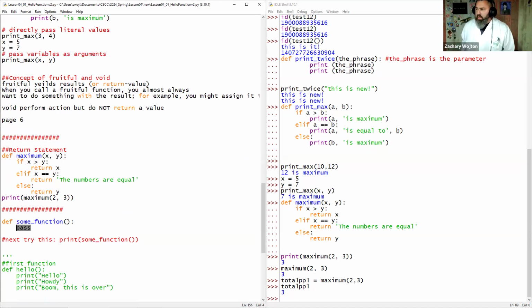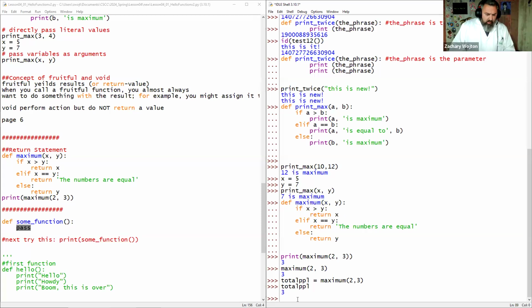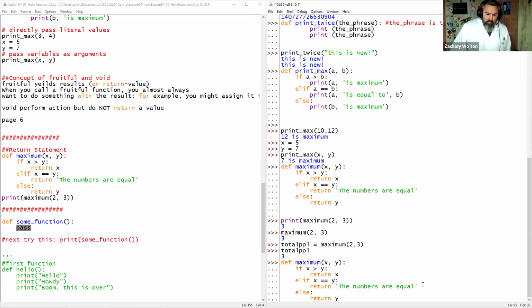So we got a question in chat. So when you assign a value or a return value of a function, all the print output of that function is ignored or tossed into the void or something. No. So you could say right here, let's take maximum again. We'll take this right here. We'll return the numbers are equal, and you could design this a couple different ways. So we'll say the numbers are equal, and